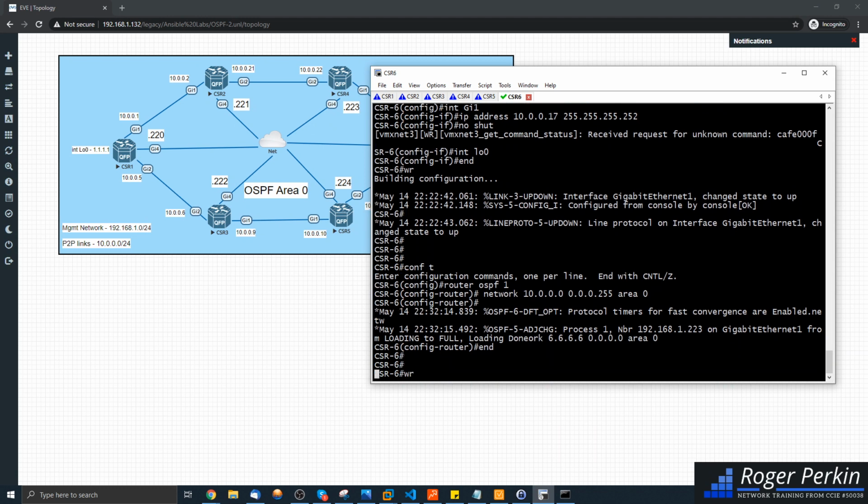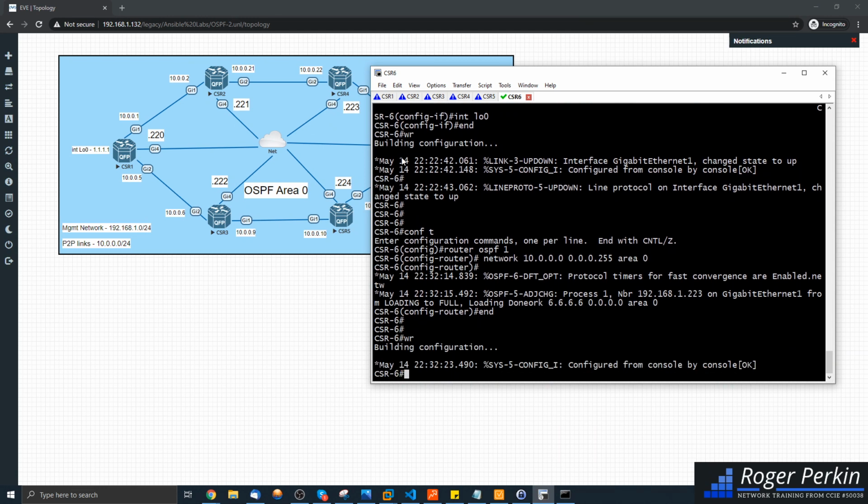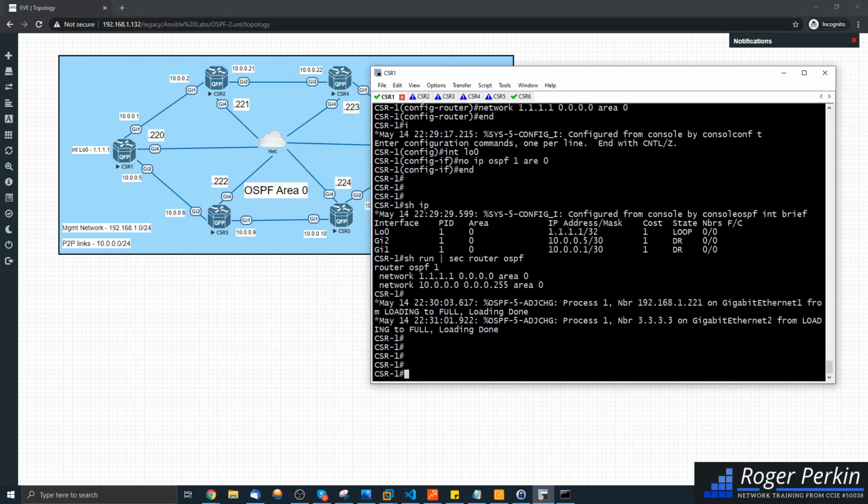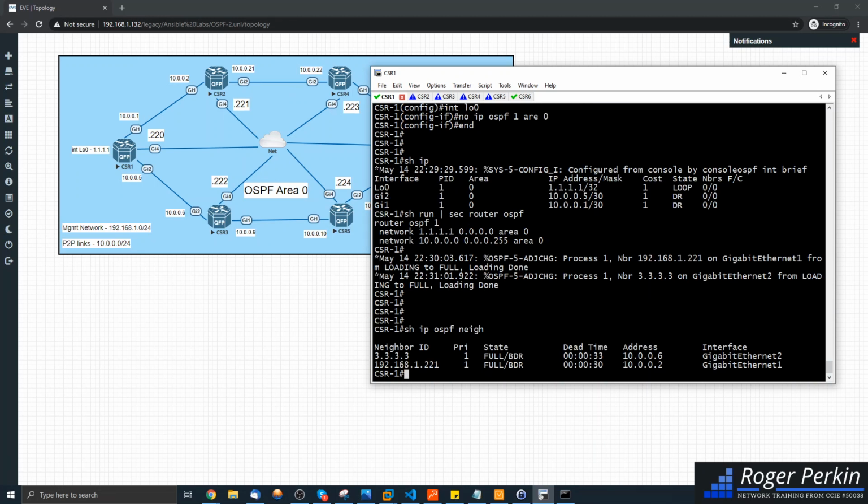So let's just validate. We've got all our peerings up. So show IP OSPF neighbor on router 1. Now you might see a difference here. Neighbor ID 3.3.3.3 and neighbor ID 192.168.1.2.221. Now that's because we didn't have the loopback address configured on 2 when we enabled OSPF, so it actually picked the next address to use as the